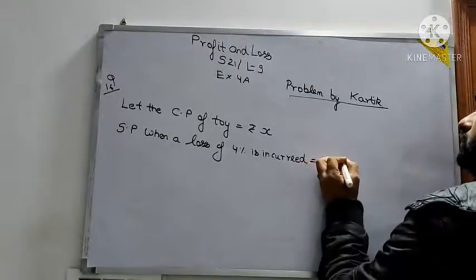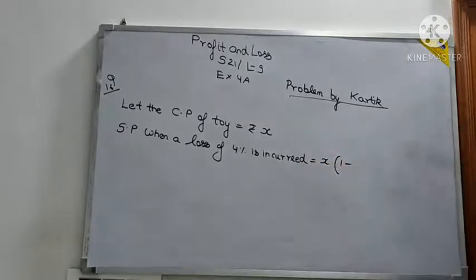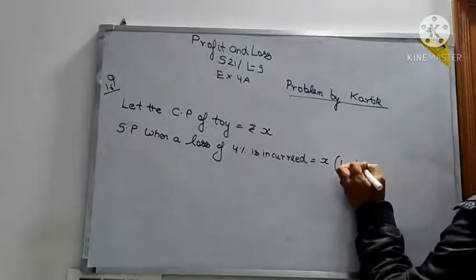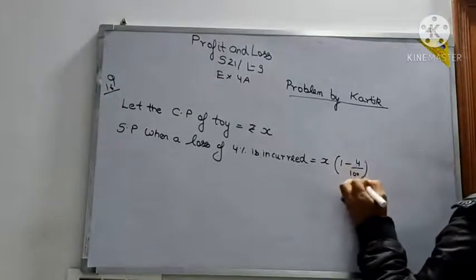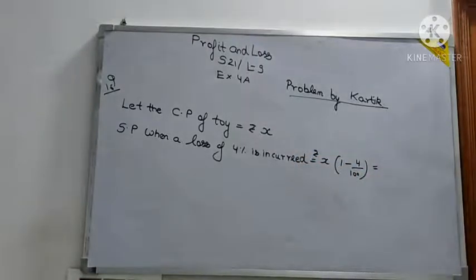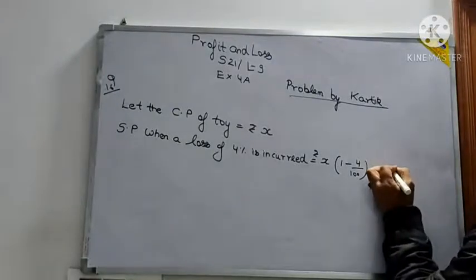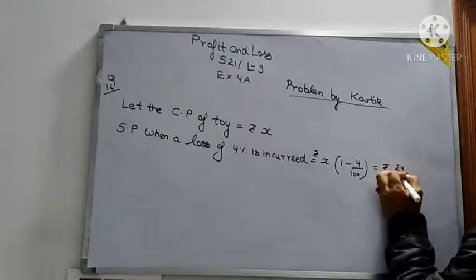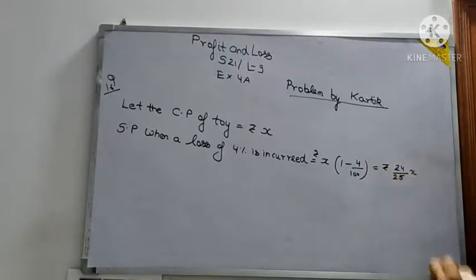So it will be X into 1 minus, how much loss percent is given in the question? So whatever cost he is selling, for that SP he is incurring a loss. And by controlling SP only we are deciding whether profit or loss is there. So he is selling a toy at a loss of 4%. So 1 minus 4 by 100 into X, this will be in rupees. That means 4 by 100 is 1 by 25. 1 minus 1 by 25 is 24 by 25. So it will be rupees 24 by 25 X. Yes or no?